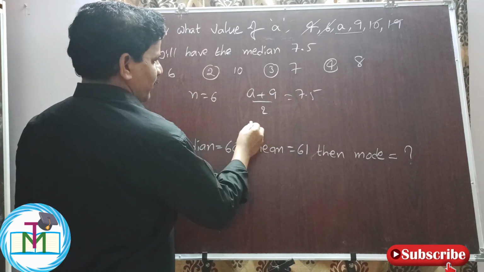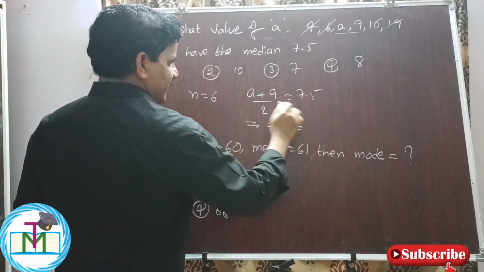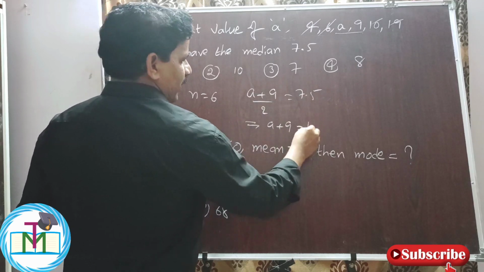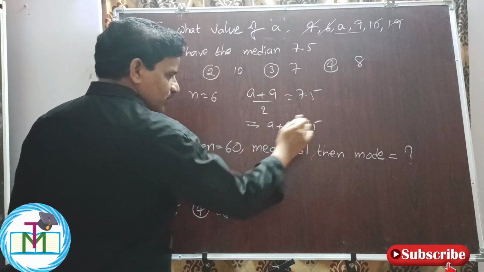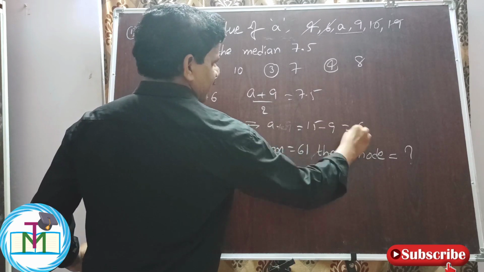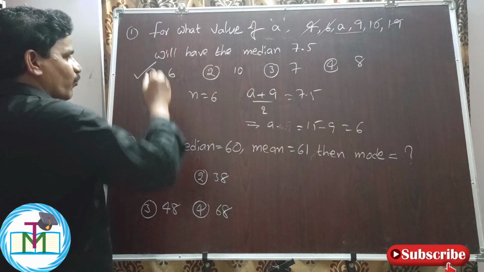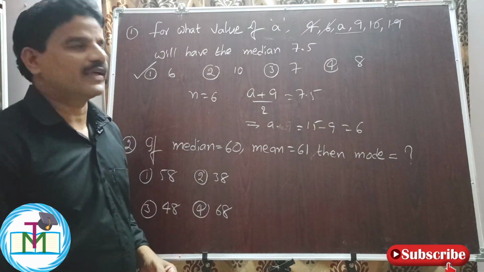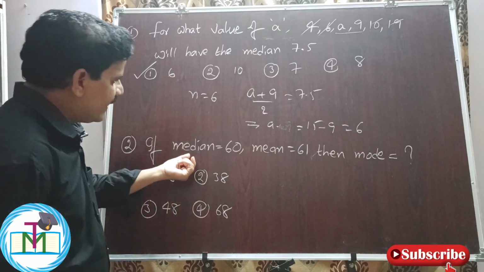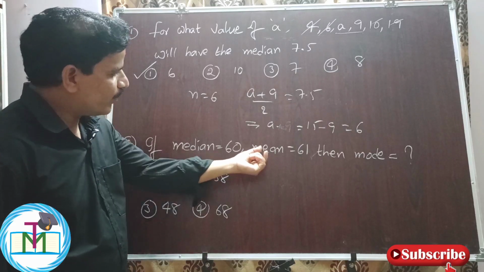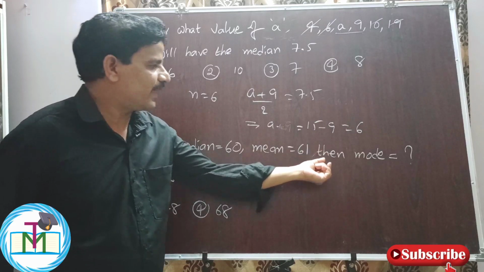Let us cross multiply this. A plus 9 is equal to, when I multiply 2 into 7.5, it becomes 15. When 9 goes to that side, it becomes minus 9. A is equal to 6. So option 1, 6, is the right answer. Number 2: if median is equal to 60 and mean is equal to 61, then mode is equal